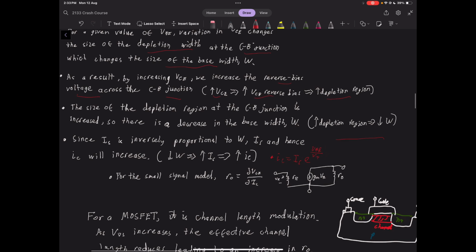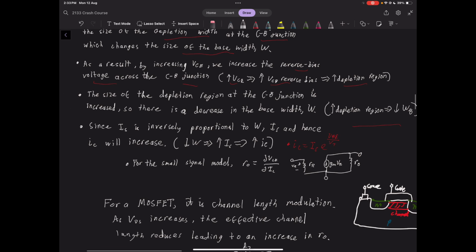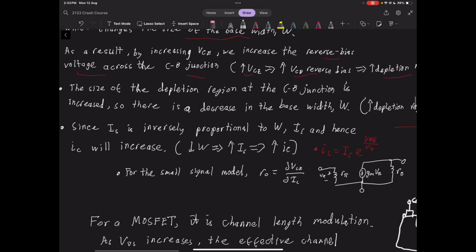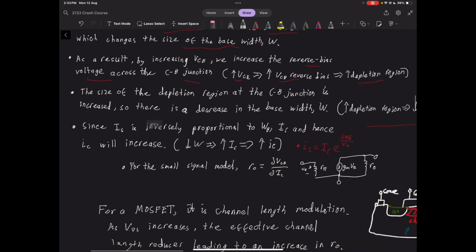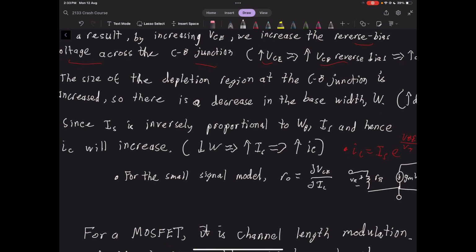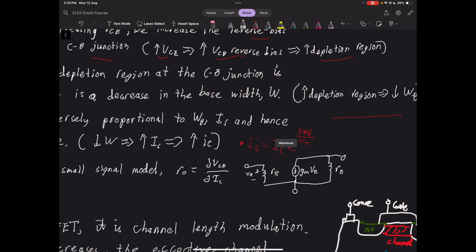So here, an increase in the depletion region decreases the width of the base of our transistor. And since the saturation current is inversely proportional to the width of the base, IS, and hence the collector current will increase. So again, here's the change there, and that's from this formula here,